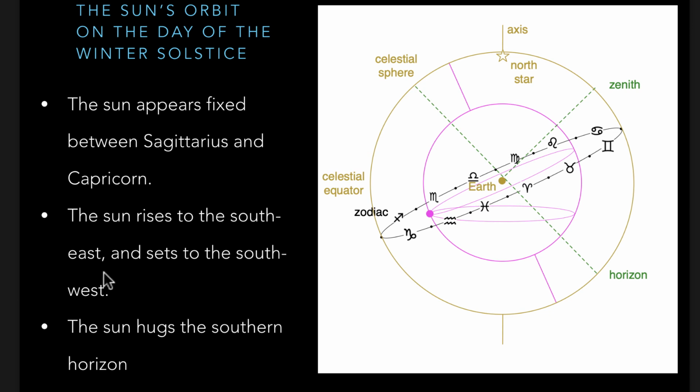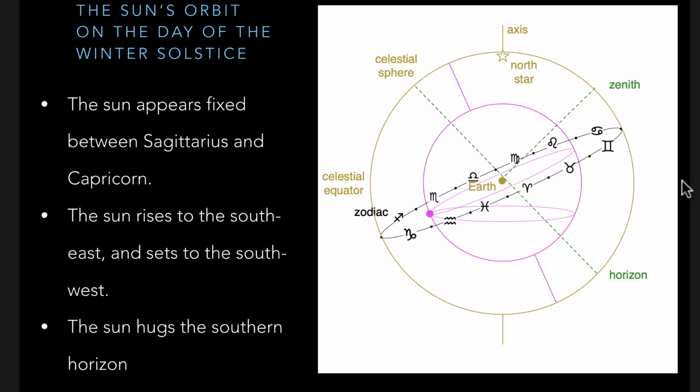Then, if you wait 6 months later until this inner sphere has rotated around another half a revolution, now the sun will appear to be between Sagittarius and Capricorn. Then, over the course of the day, as this big sphere rotates around day after day, it will be following this trajectory. So you can see by this two concentric sphere model, one can account for not only the daily